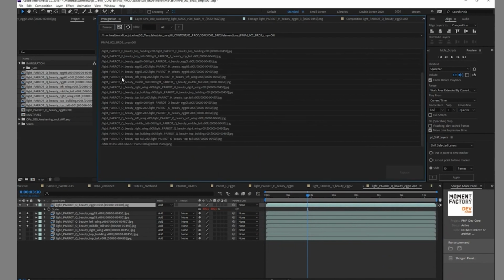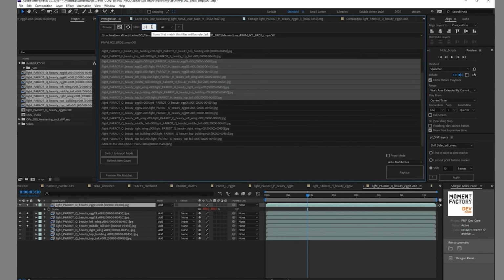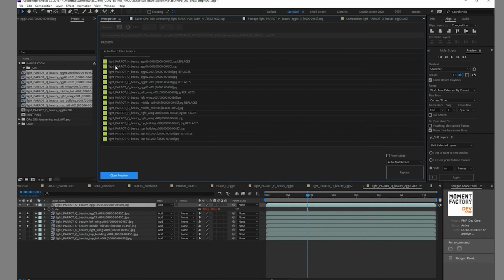it's still a mess because there are lots of files right now seen by that element. But if I'm just searching for my half res render, because I know exactly the naming convention, I'm able to select the same amount of renders in my project management and the same amount of renders inside of my immigration folder. And if I click that button, preview file match, you see that because it's named the same way, egg 1 version 1 quarter res is gonna be replaced by egg 1 version 1 but half res.